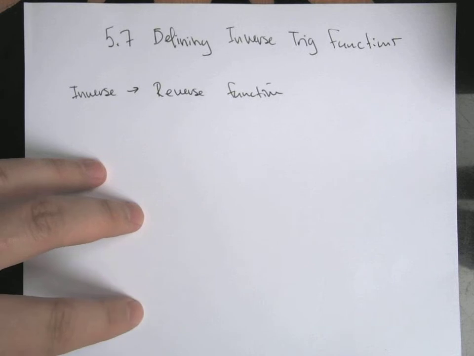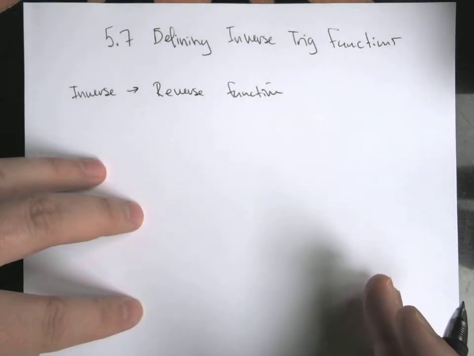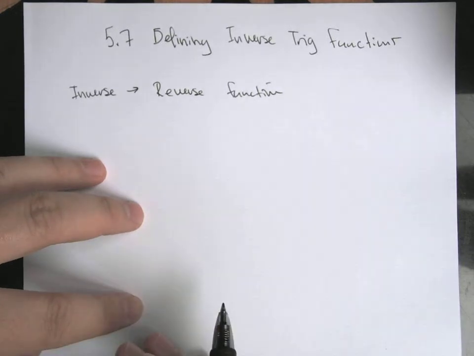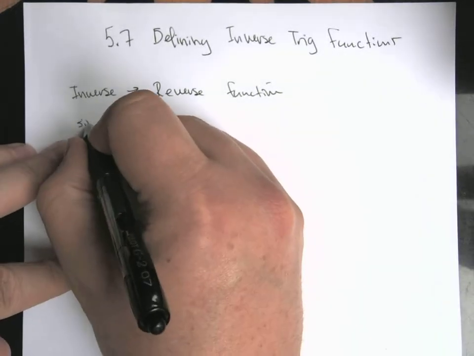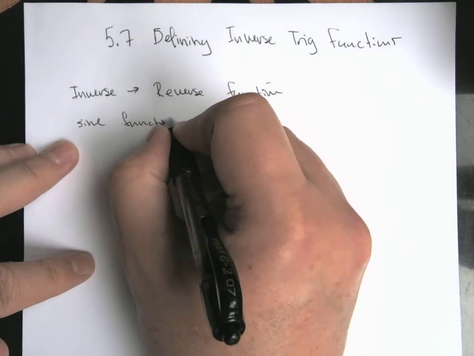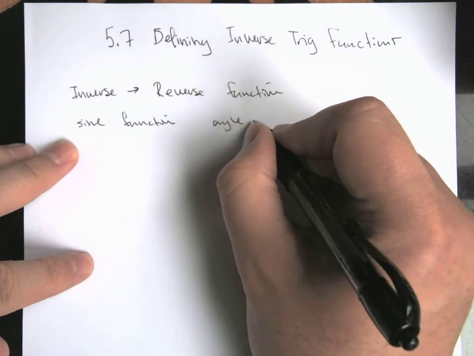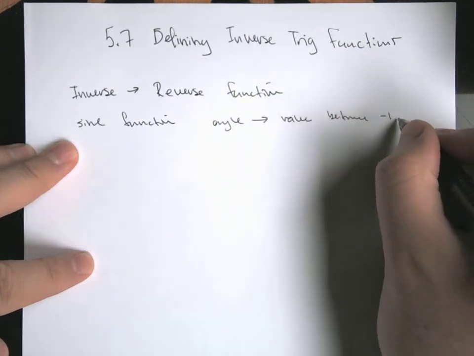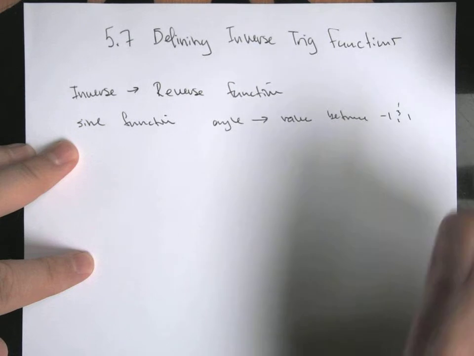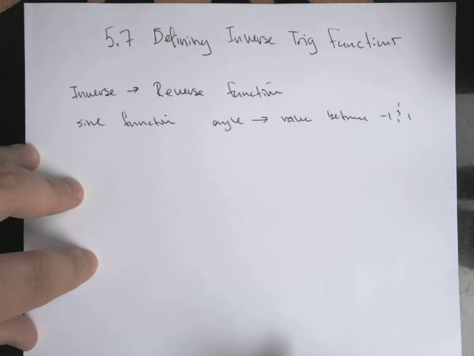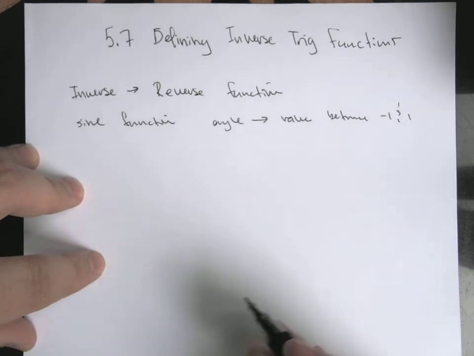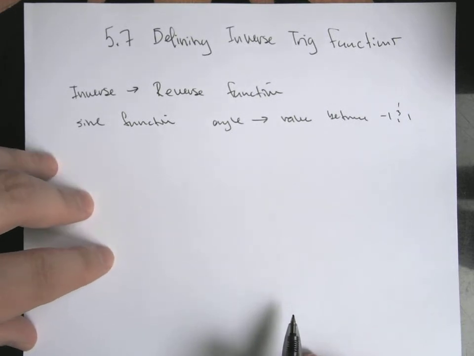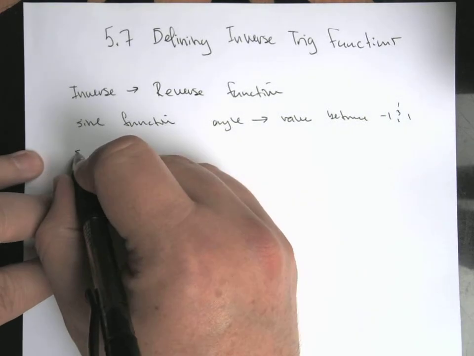Generally, a function is taking x values and mapping them to y values. The inverse function is reversing whatever that connection is, taking your y values back to the x values. So if we take something like the sine function, what you're doing is you're mapping an angle to a value between -1 and 1. If we think of what our outputs for the sine function were, it's that opposite over hypotenuse. Once we've expanded out, done all of our unit circle stuff, the range for the sine function was -1 to 1. So sine inverse